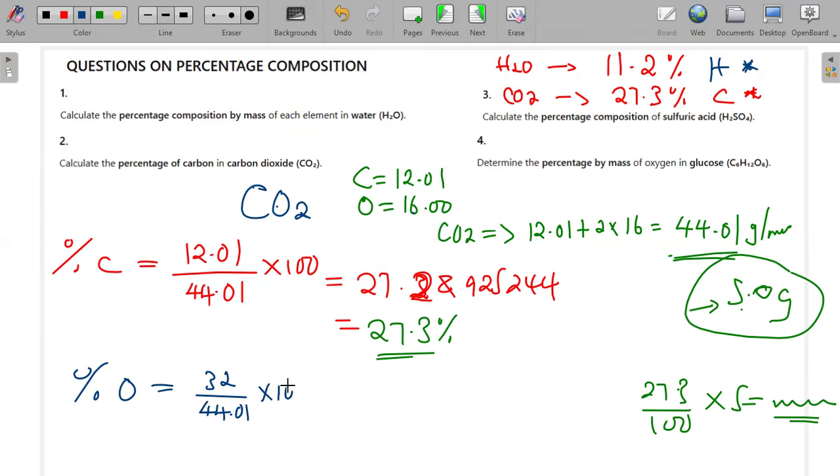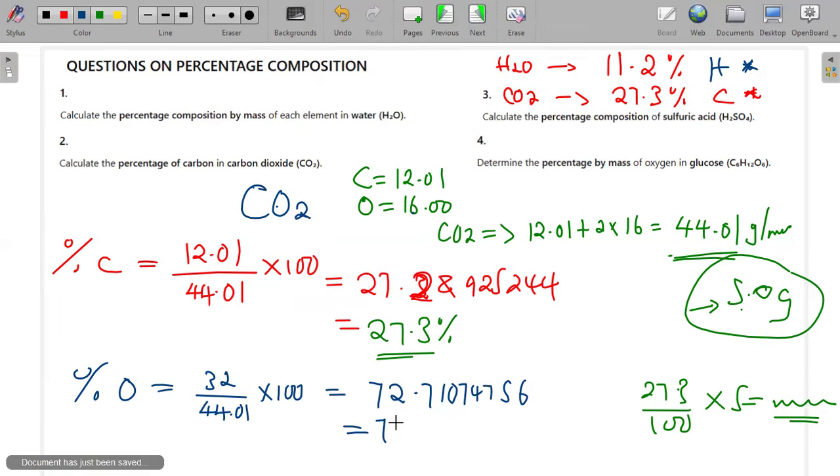44.01 multiplied by 100. So that will give me 32 divided by 44.01, then multiplied by 100. So that gives me 72.71074756. So this is simply 72.7%. Okay, so the percentage of the oxygen in carbon dioxide is simply 72.7%. Then for the carbon is